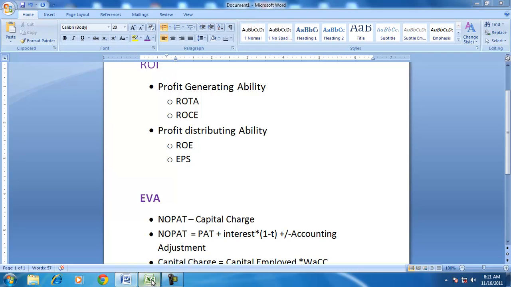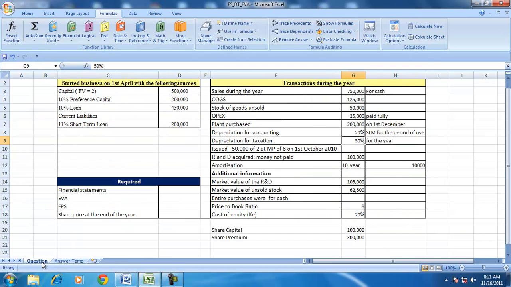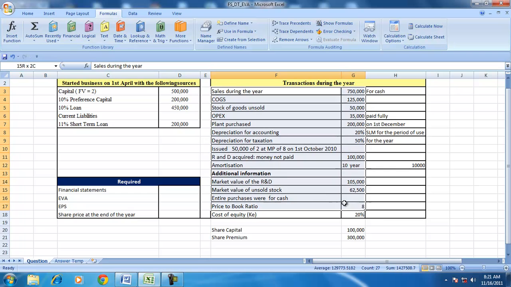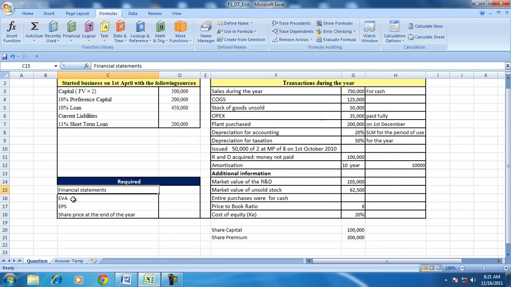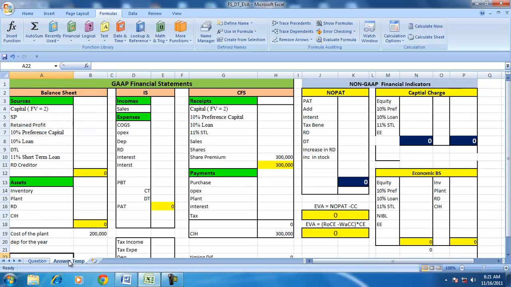Let us take an example to understand that. On 1st April, the business is started with these sources. The company raises this money, they undertake these transactions, and we are required to prepare the financial statements, determine EVA and variations of ROI. So when the business is started,